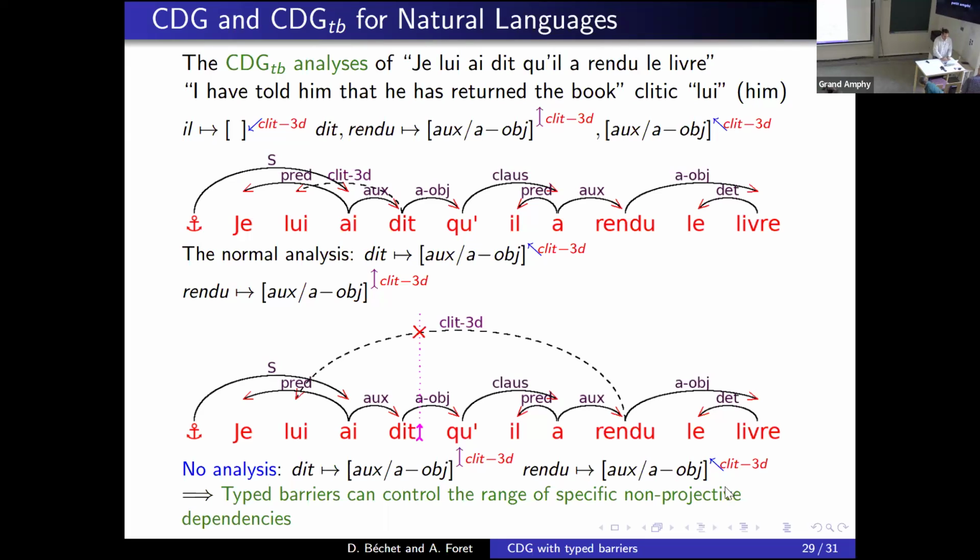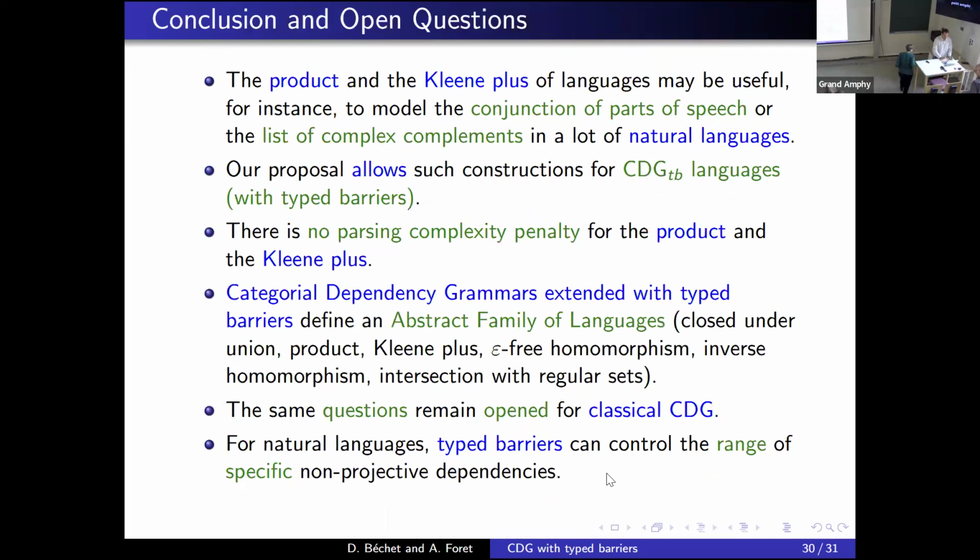In your example, the claim was that they differ not